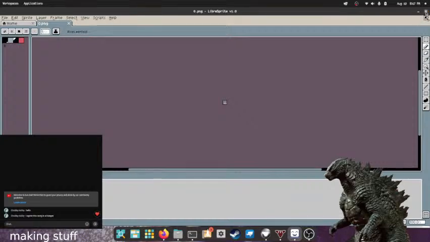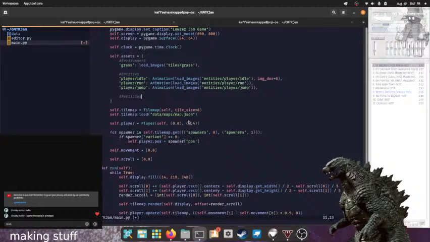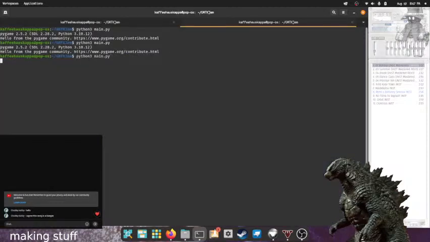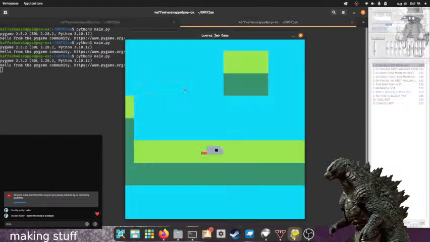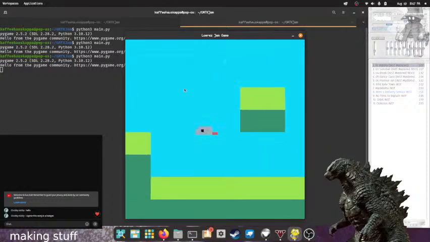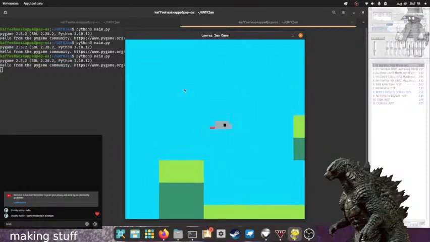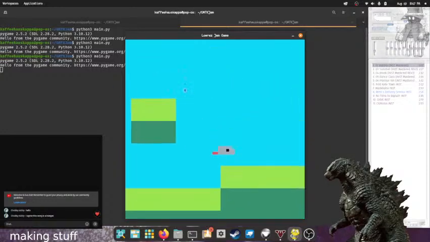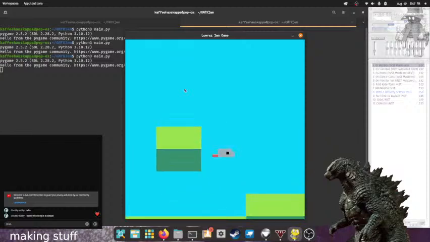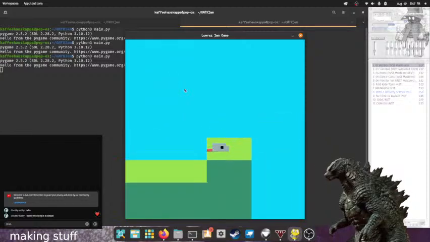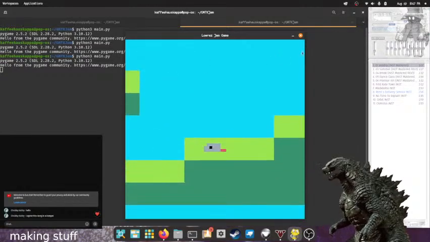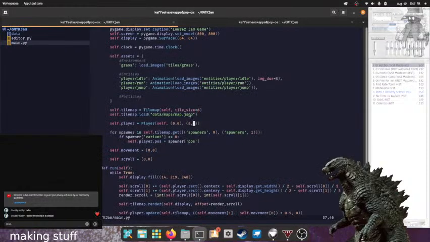I love this band. Anyway, so it's 8 wide, and it's only 3 tall now. Ooh. Uh-oh. What have I done? Okay, so I clearly did something wrong here.